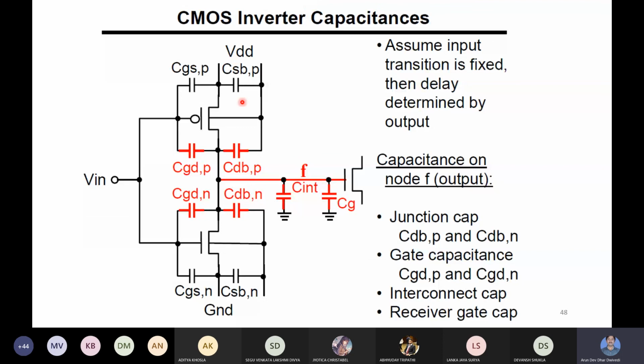Then later on I have to move to switching, what are the capacitances. I will leave it now, but next time we will discuss the different capacitances in the CMOS inverter circuit. This is the PMOS and this is the NMOS. All kinds of capacitances we should consider for the delay. Before moving to delay, maybe some discussion on VIL, VIH, VOL and VOH calculations, and a little more discussion on DC characteristics. After that I will switch to the calculation of capacitances and then the calculation of delay of the CMOS inverter.